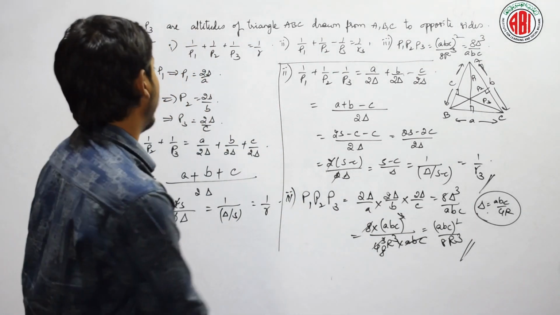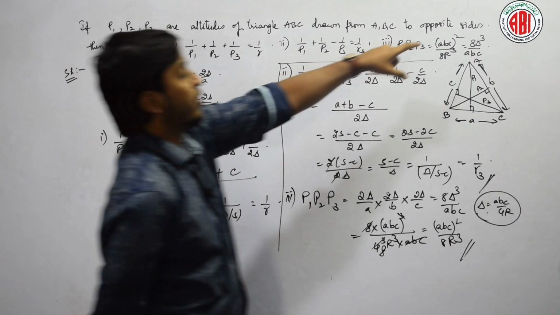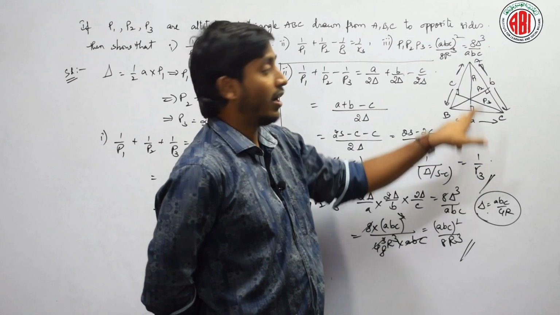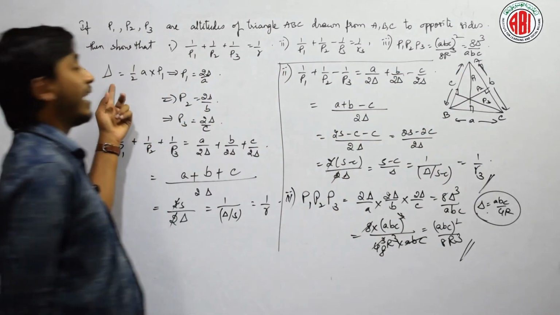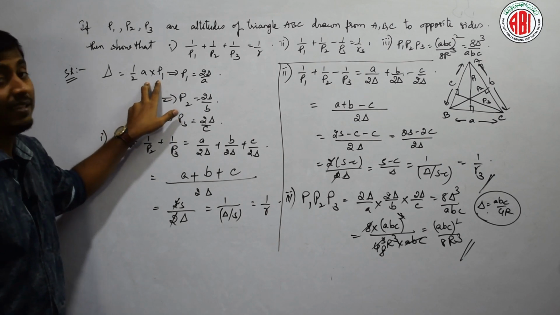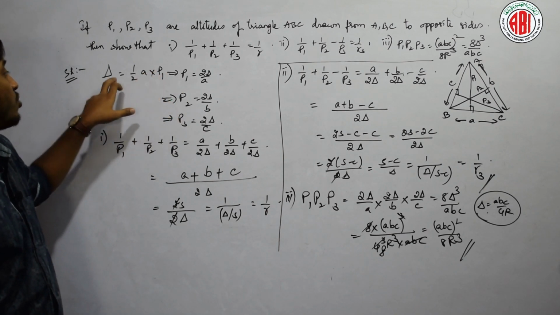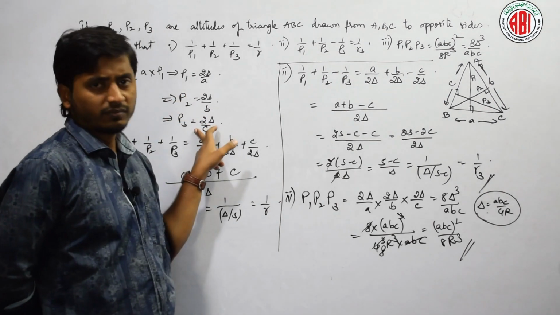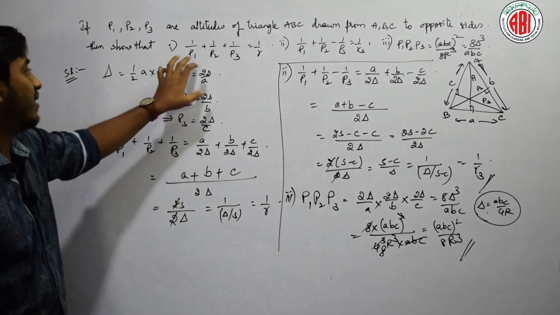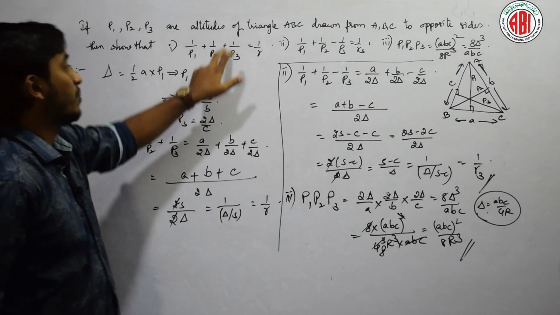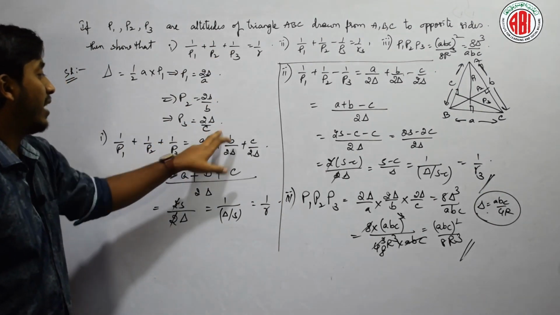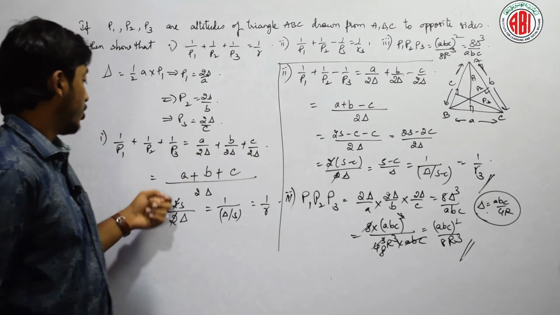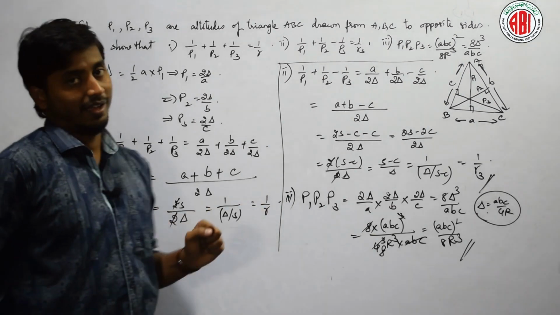Is it clear? Fine. Hope you understood this kind of problems. Once again, let me check here. He gave P1, P2, P3 are the altitudes of a triangle ABC. See here, P1 is altitude from A, therefore the opposite side will be small a and the height will be P1. Then my area delta is equal to half into base into height. Base is a and height is P1. From this I can write P1 as 2 delta by a. Similarly, I can write P2 as 2 delta by b and P3 as 2 delta by c. Isn't it? Let me substitute all P1, P2, P3 in this. Then I will get 1 by P1 plus 1 by P2 plus 1 by P3, that is a by 2 delta, b by 2 delta plus c by 2 delta. LCM is 2 delta, numerator is a plus b plus c, that is 2S by 2 delta, which is nothing but 1 by R.